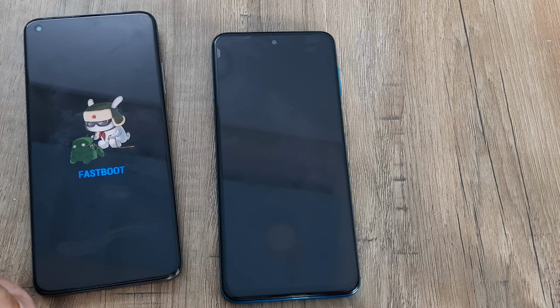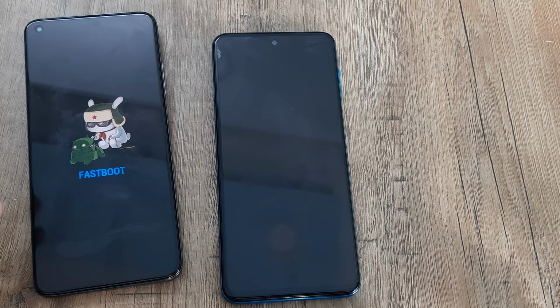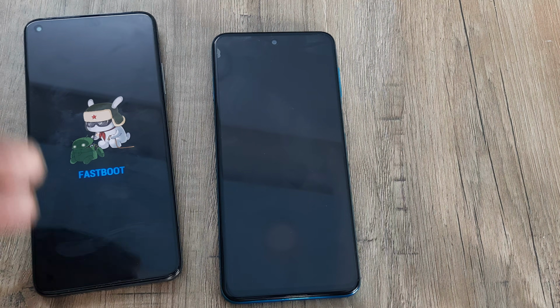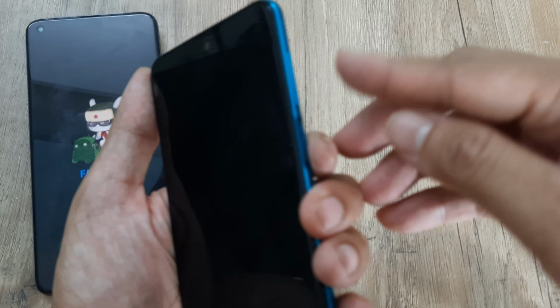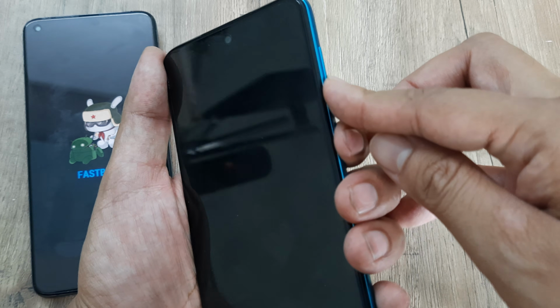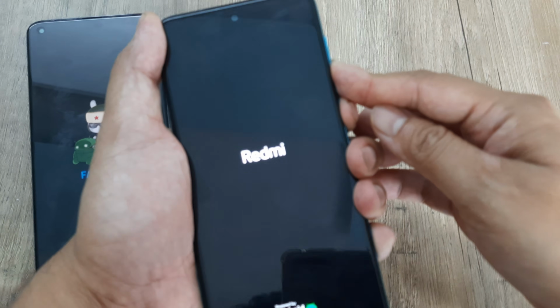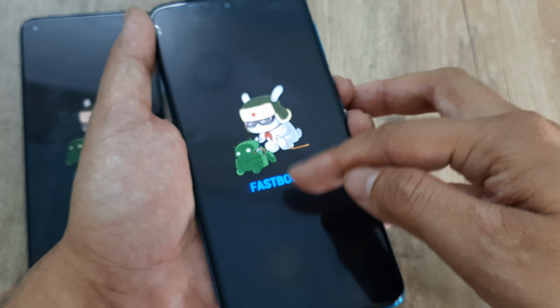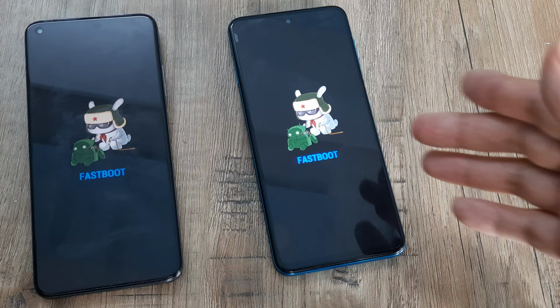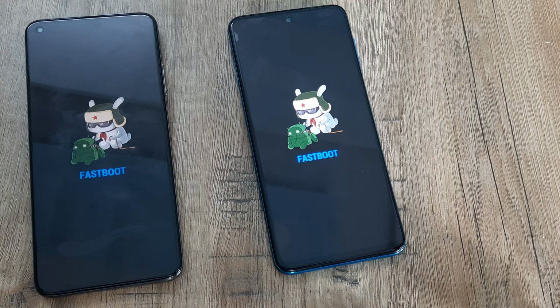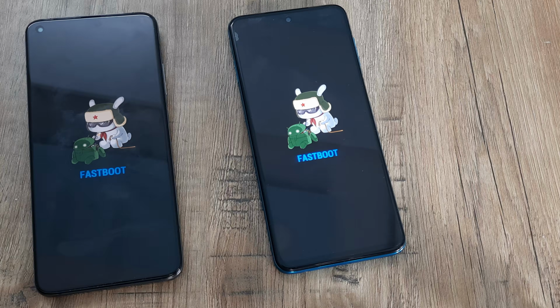If I now connect this to a laptop, I can run certain fastboot commands, and that's why this state is important to bring into in certain conditions. The way we bring any device into fastboot is by pressing the volume down and the power button both together, and you will see as it boots, it enters into the fast boot mode. So if you see your phone enter into this mode, either by doing this or by some reason, you don't need to get scared.